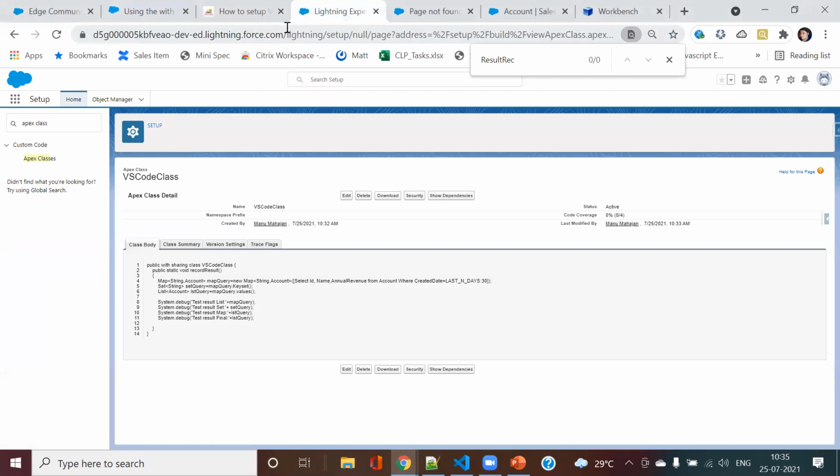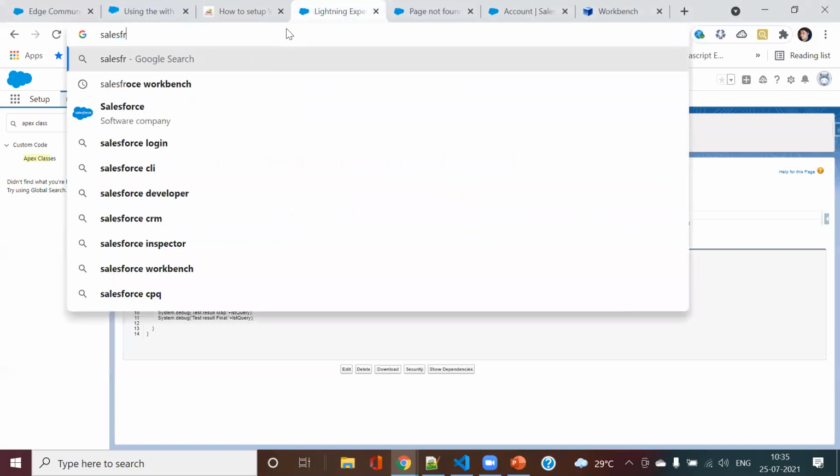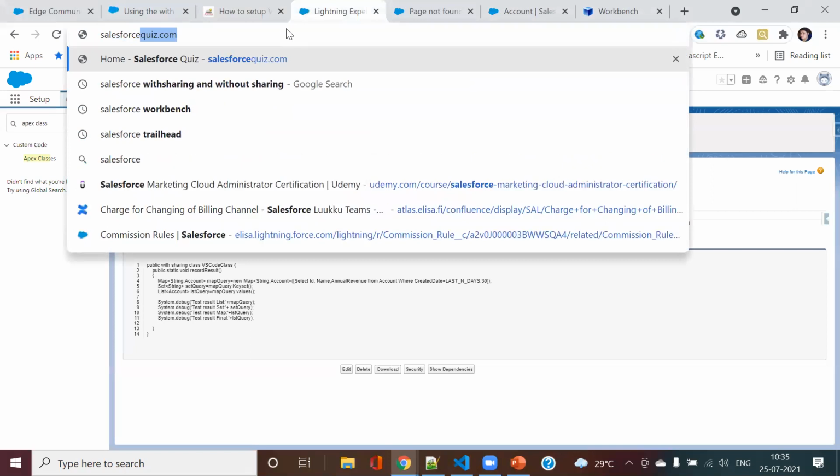Just let me log into Trailhead. Mainly this Apex trigger, this developer beginner trail, that I will suggest to you. Let me open it.